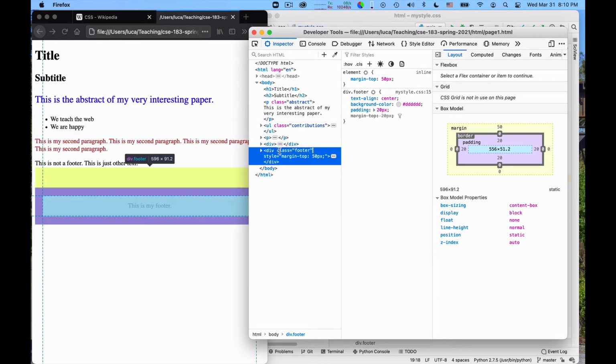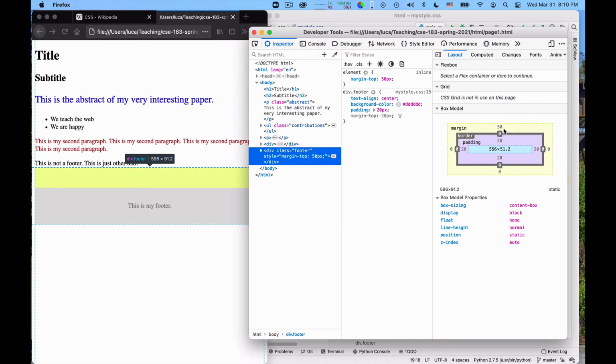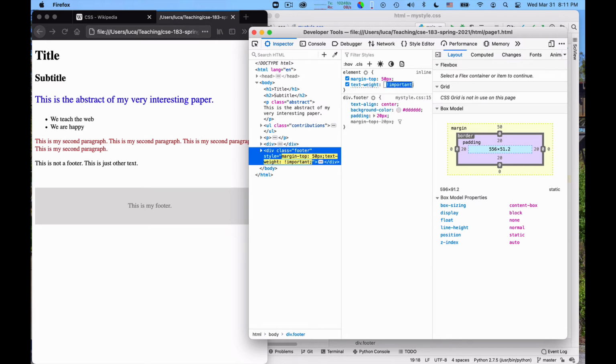You can even edit the page if you like, by the way, directly here. You can edit the spacing here, and you can edit the stylings here. For example, suppose I want to remove the text align center. If I unclick these, the text is no more aligned at the center. I can eliminate the background color, and I can also write some new styling directly here. For example, I can say text weight, and I can say bold.